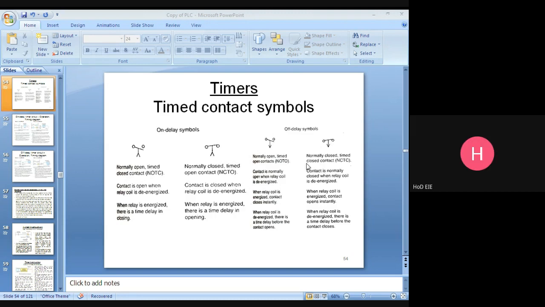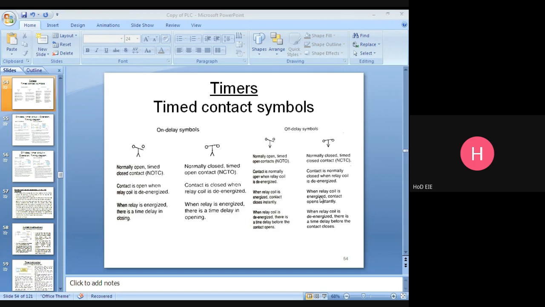This one is a normally closed, timed closed contact. The contact is normally closed when the relay coil is de-energized.